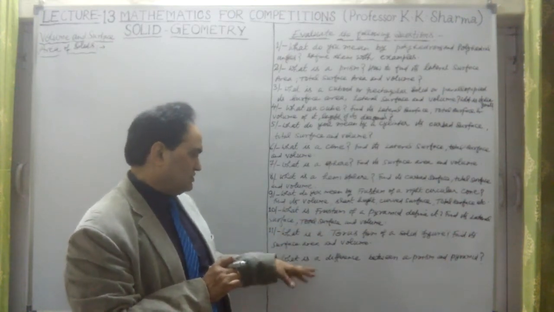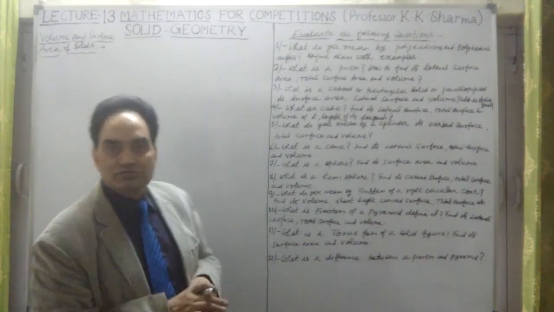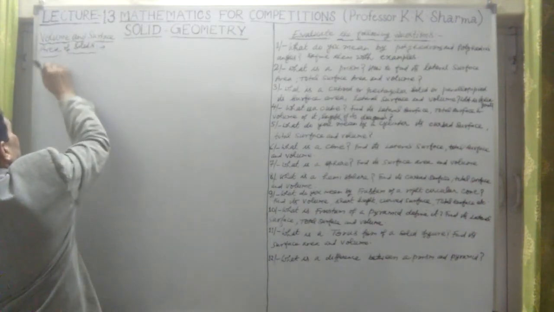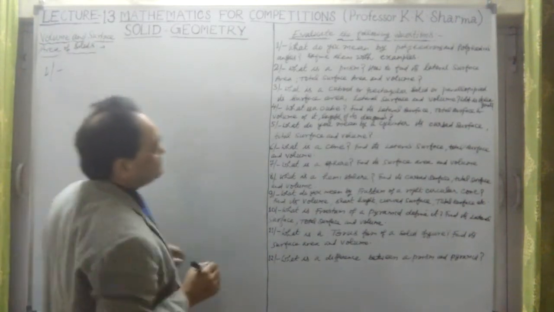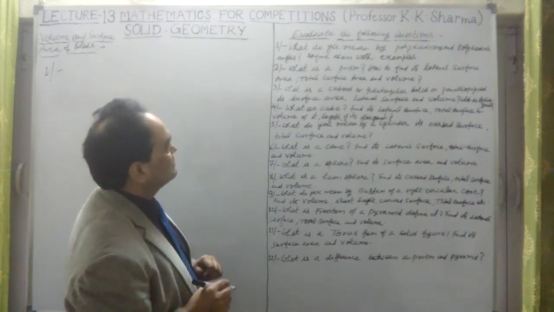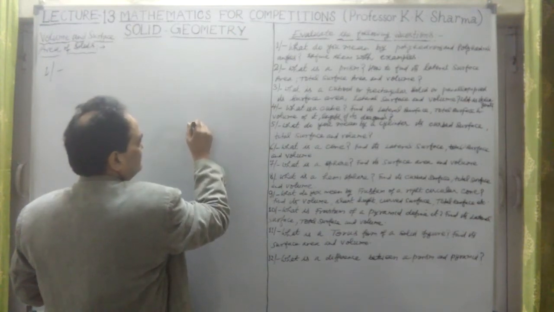Then what is the difference between a prism and a pyramid? I'll talk about. Let me take one by one. First, let me take question number 1. So it says, what do you mean by polyhedrons and polyhedral angles? Polyhedral angles, if I just take, let me take